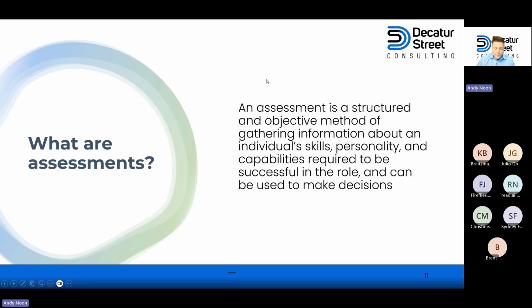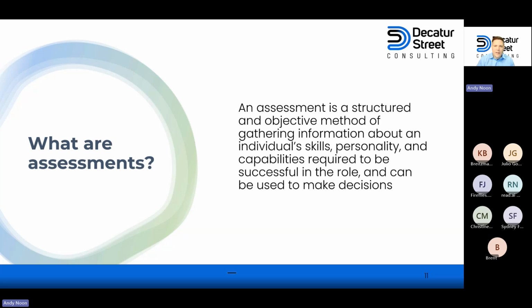So with those challenges sitting in front of us, the question is, how can we do a better job of assessing potential and differentiating performance and potential to lead to the right types of decisions? So I want to talk about assessments and what role assessments can play in our succession planning process. For those of you that, and I know there was at least one of you that is a beginner when it comes to assessments,